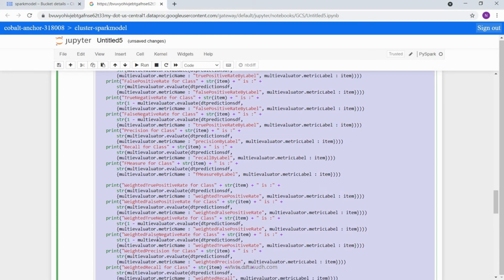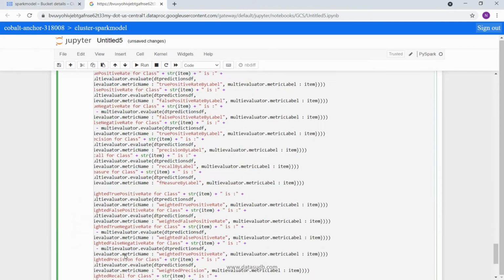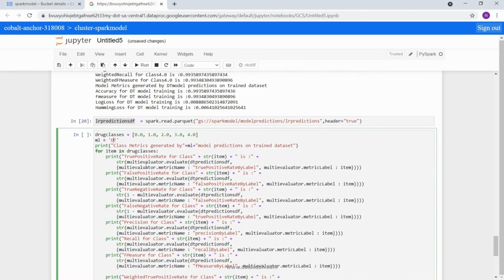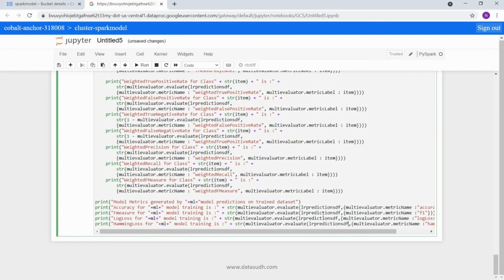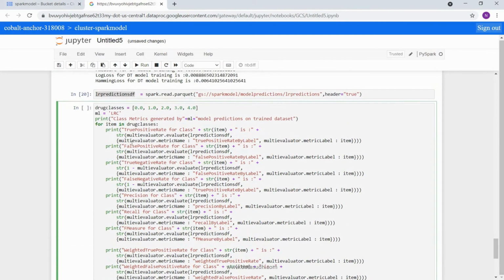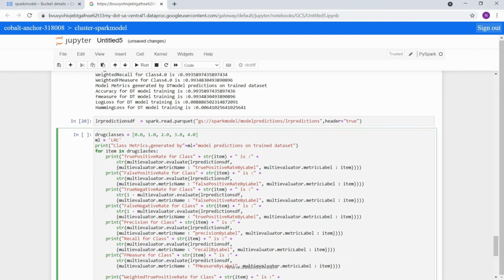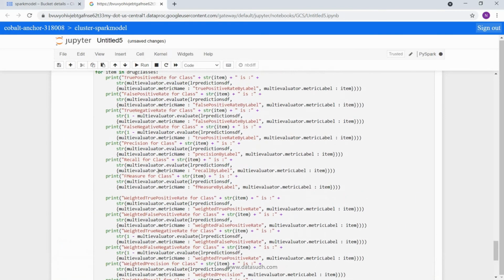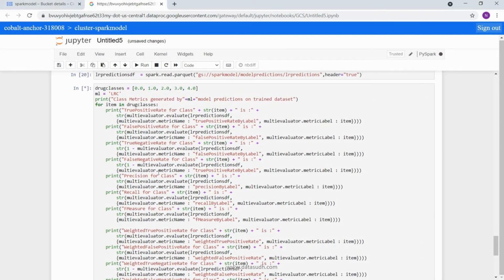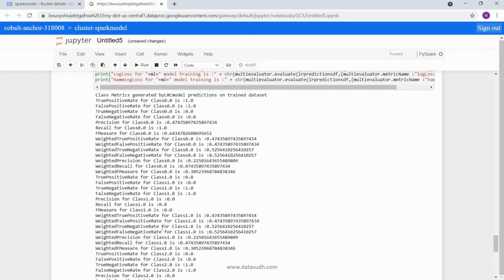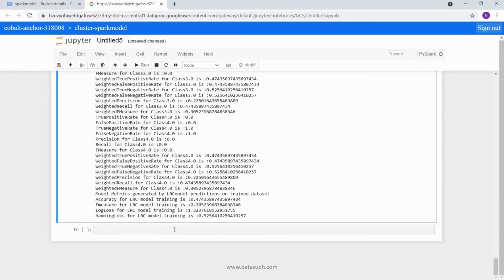So take it again, copy here, and this time my model is logistic regression classification. Okay. And I will evaluate on logistic regression predictions dataset. So I will change this. So now this code caters to LR predictions DF metrics calculation. Now let's go ahead and run this. This is running now. Let's wait for it to finish. So this is now completed. If we come down and check, all metrics for logistic regression results are also calculated.